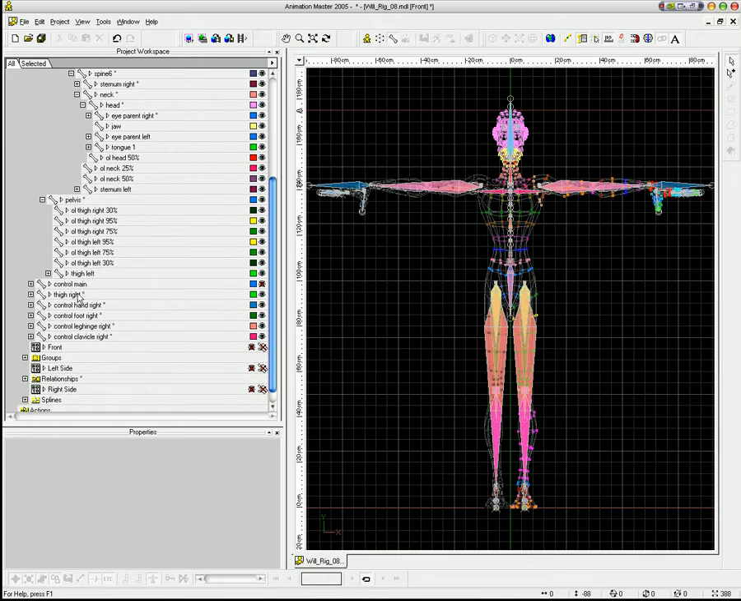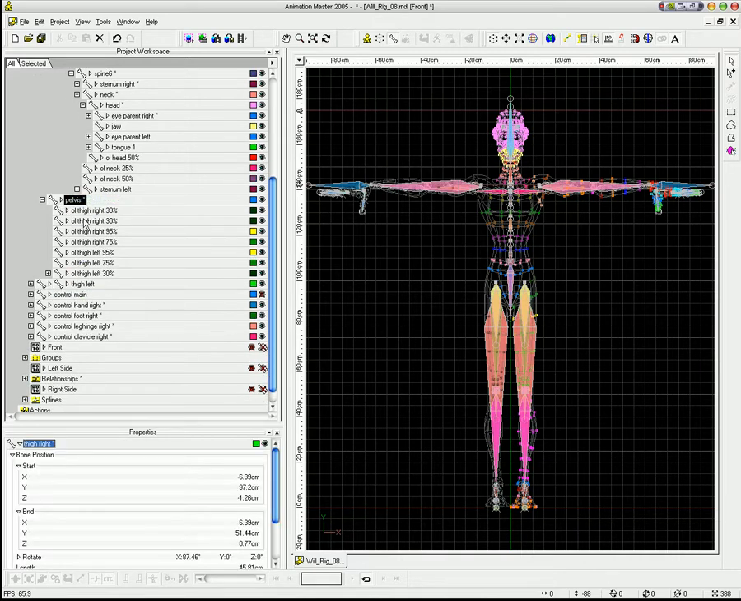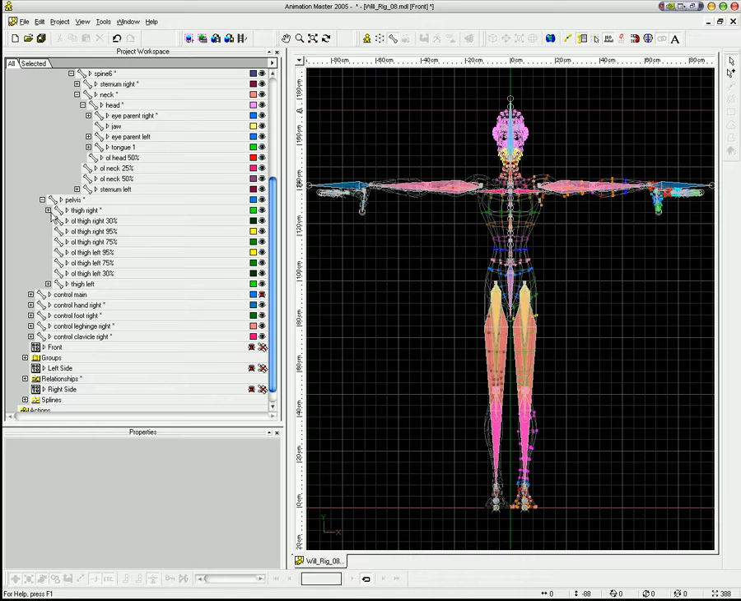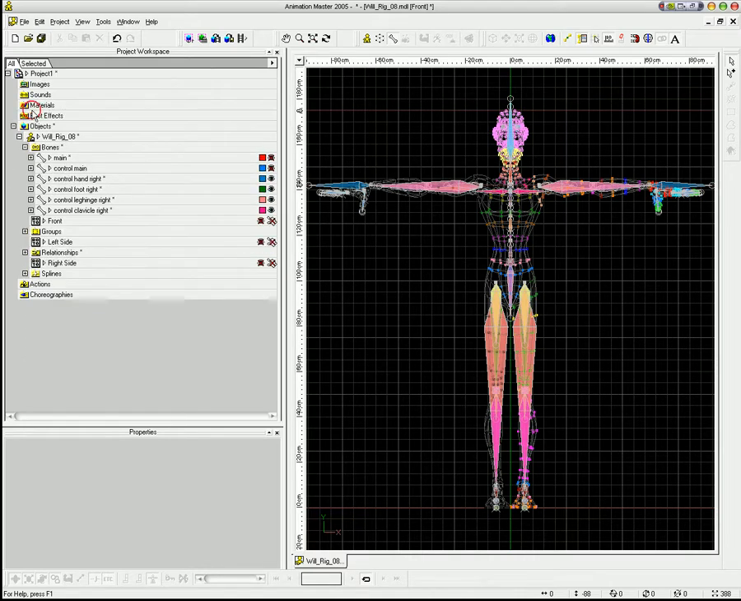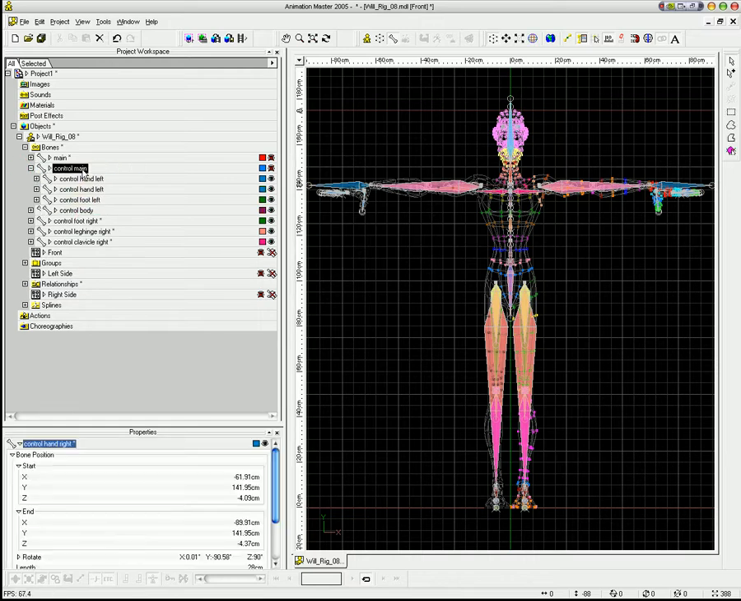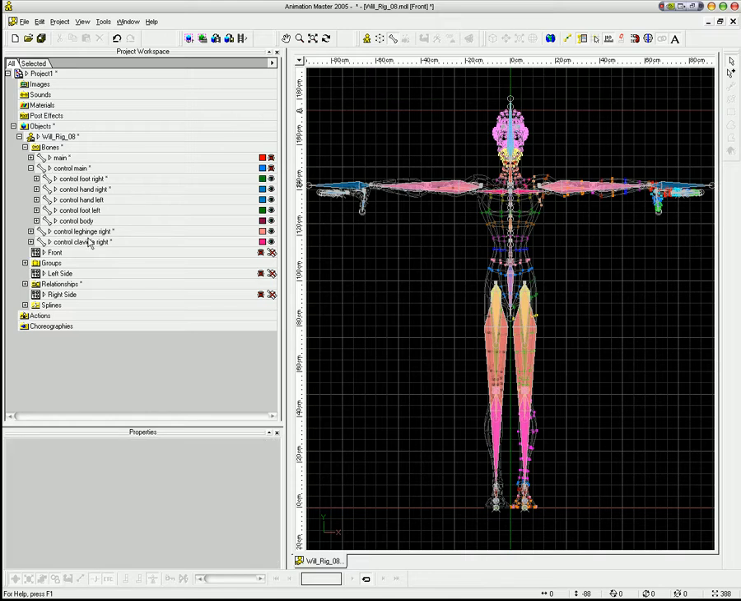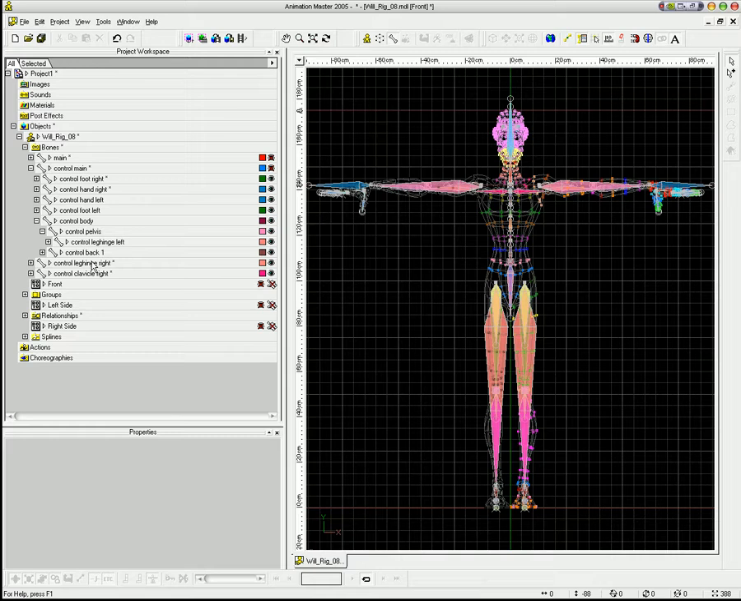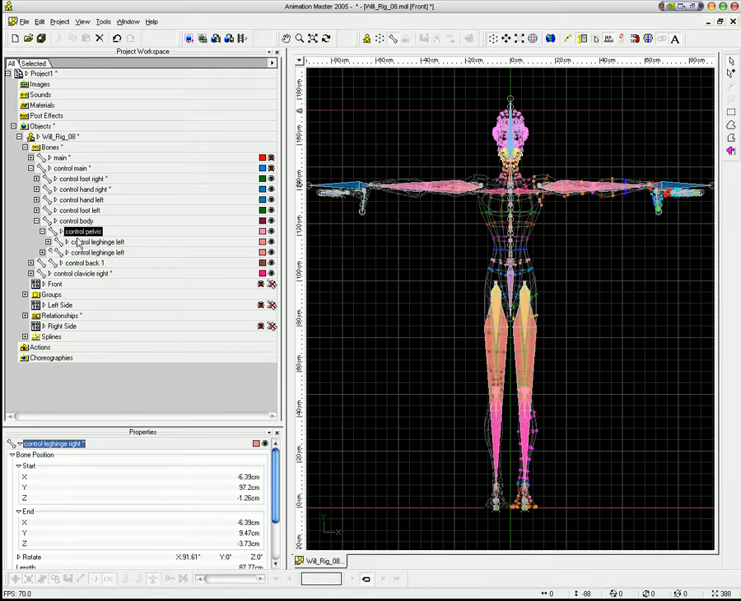Okay. And then, let's see, thigh right needs to go under pelvis. Okay, so that's all the bones for the geometry. Now under control, I need to go hand right is under control main, foot right is under control main, and then under here, body, I'm going to go under the pelvis, control leg hinge left, control leg hinge right goes under there,